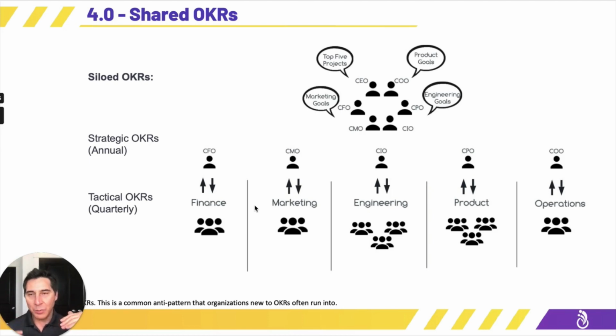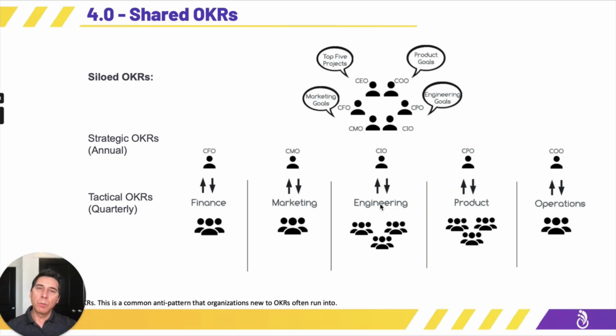And so what we're talking about here is that what most organizations do, especially if they're new to OKRs, is they'll create OKRs based on their organizational structure, right? And so finance will create finance OKRs, marketing will create marketing OKRs, engineering will create engineering OKRs, et cetera, right? And that makes sense, right? I mean, typically that's how we're organized as an organization, right? That's how our company's structured. But the problem when we do that is that finance will create OKRs that are specific to finance. Marketing will create marketing goals. Engineering will create engineering goals, and so on and so forth, right? So what we've done is we've created siloed goals there.